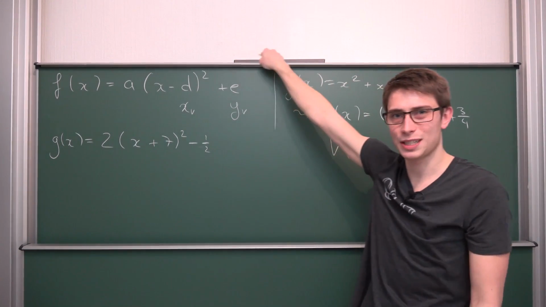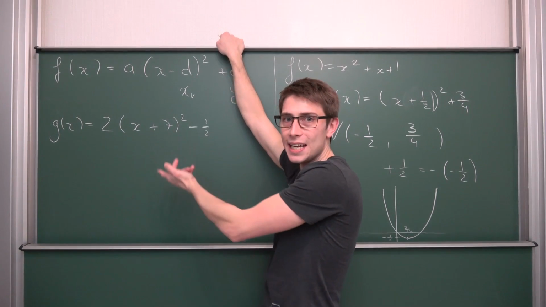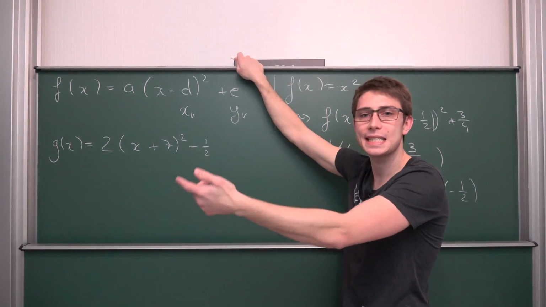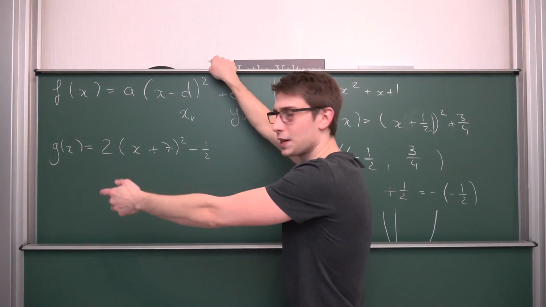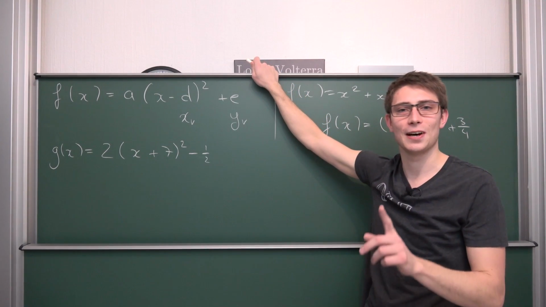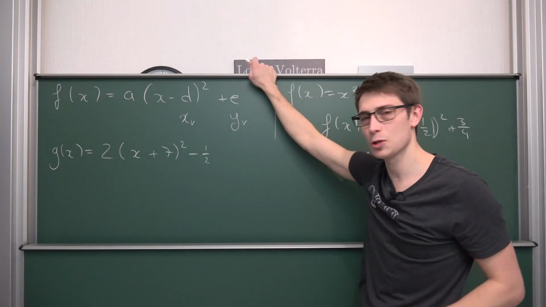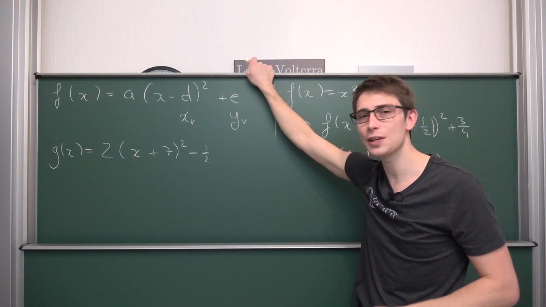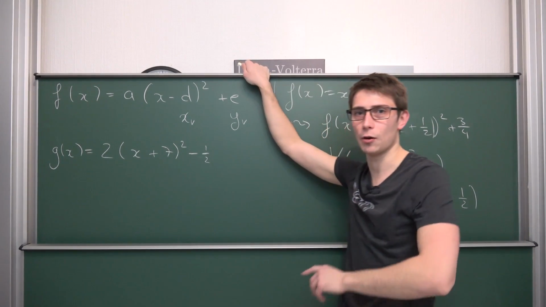I never talked about, does the a even affect our vertex? I mean, I just now put an a in front, meaning we converted basically a generalized form into a vertex form, but does it affect our vertex in any way? And I say no, because it really doesn't. And this is for the Desmos part. I want to visualize this a tiny little bit. So just take it for granted for now that this a really doesn't affect where our vertex lies in the